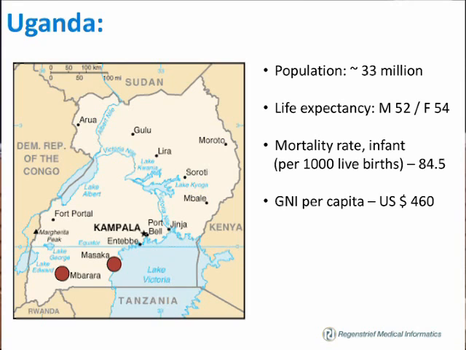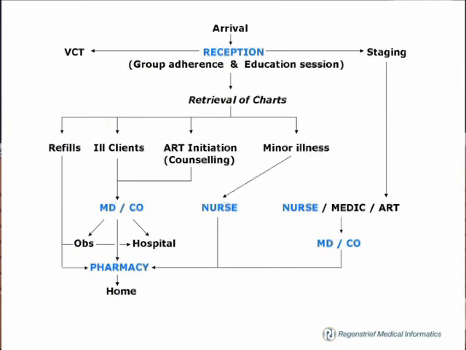Again, mortality, life expectancy is in the low 50s, high infant mortality rates, and gross national GNI per capita is about 460. And again, that's real dollars. Okay,